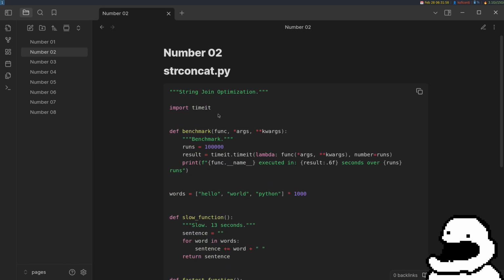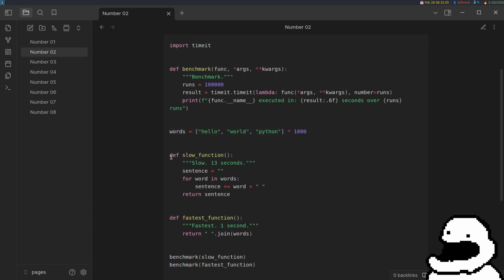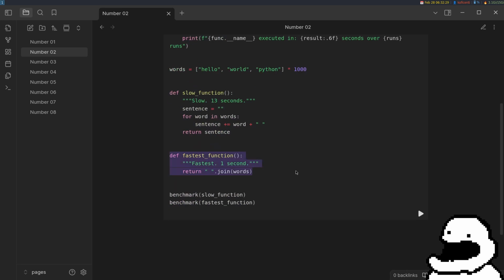String optimizations. Let's see. We have words. It's just a list of 3 words times 1,000, so 3,000 words. And basically, we're just combining all the words together and joining them with a space, and then returning that sentence, right? So sentence is nothing at first. Then we go through the for loop and just continuously add in every word plus a space. So it takes 13 seconds, which is pretty slow compared to our faster solution where we just use Python's built-in